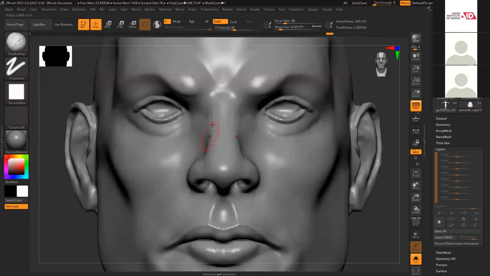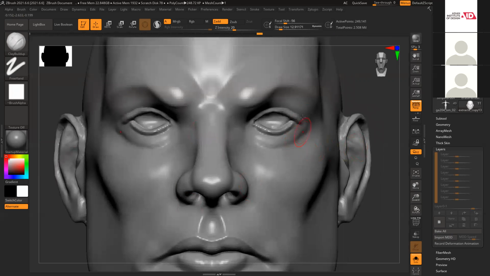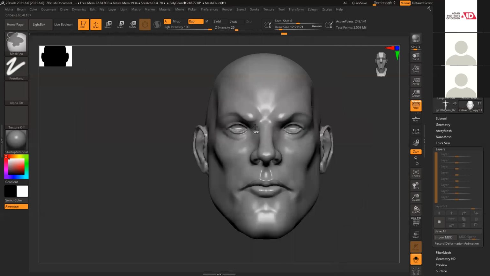So here I can see this clear definition, separation from the sides. And this thing is slightly bigger. Add slight volume.